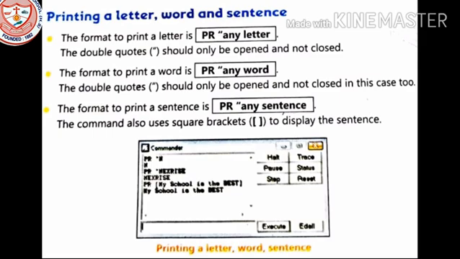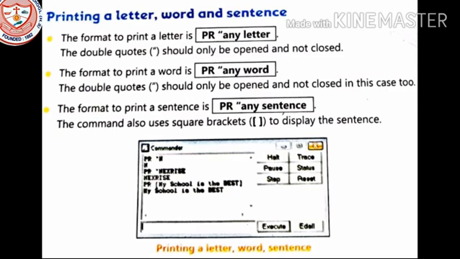The double quotes should only be opened, not closed. Got it? The format to print a word is PR, double inverted comma, and the word you want to write. The double quotes should only be opened and not closed in this case too.